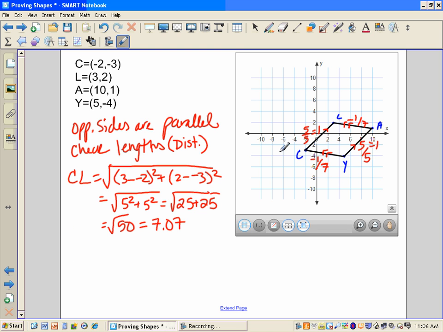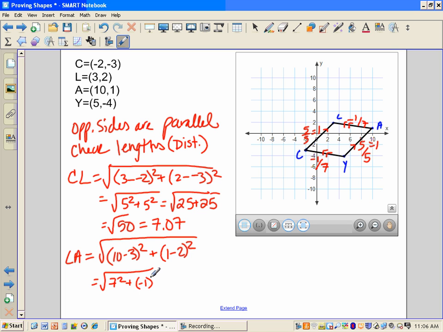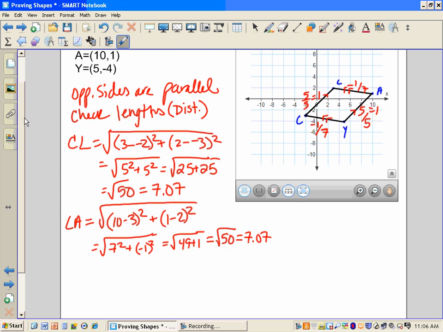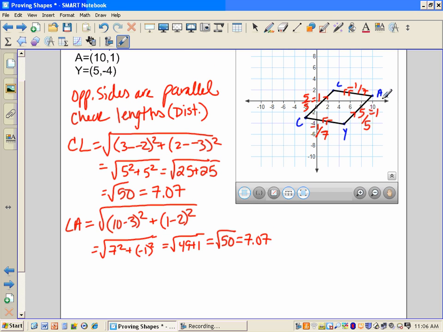Now if I do, let's say, L to A, square root, we're going to do 10 minus 3 squared plus 1 minus 2 squared. That becomes 7 squared plus -1 squared, which becomes 49 plus 1. This is also the square root of 50, which we know is 7.07 from up above. I'm going to have to extend the page here. I hope that's okay. And then let's do A to Y,